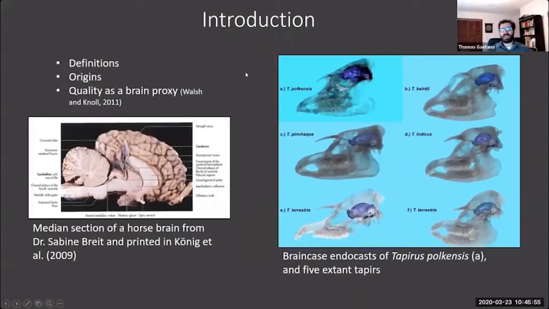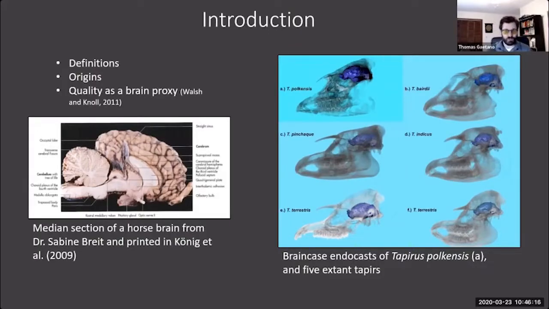Now, I want to break down what an endocast actually is and what it represents for mammals so that we can understand how useful they can be for paleontology. A naturally formed endocast happens when a skull gets buried in sediment, fills in the space that used to be occupied by the brain tissue, and eventually, after so much time, that sediment infill will harden, fossilize, and cast the brain out of the brain case, which serves as the mold.